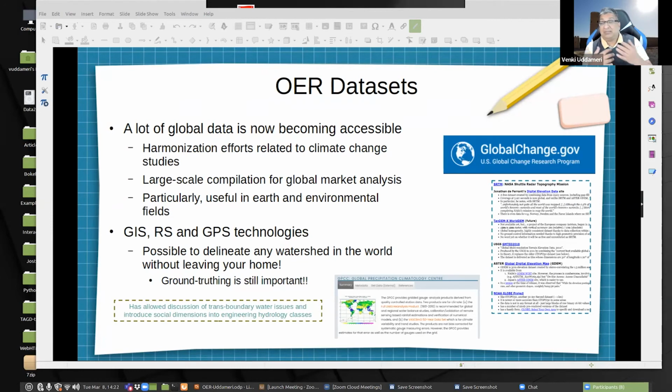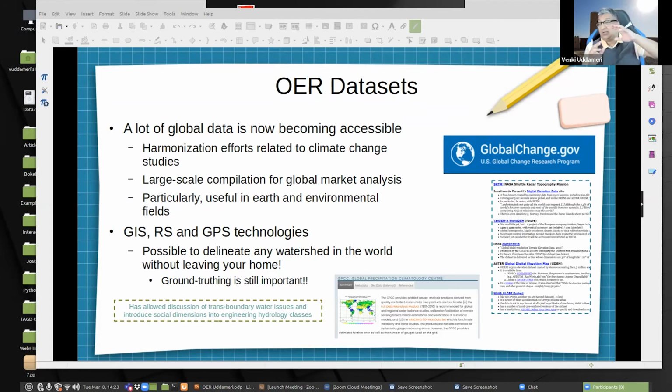So similarly, we are able to find elevation data on the Earth. There's a lot of different types of data sets, and this is not only useful to disseminate education outside of the U.S. But it's also very useful, at least I found it very useful, to provide a global perspective, particularly, for example, in the hydrology class that I teach, I've delineated transboundary watersheds, watersheds that on